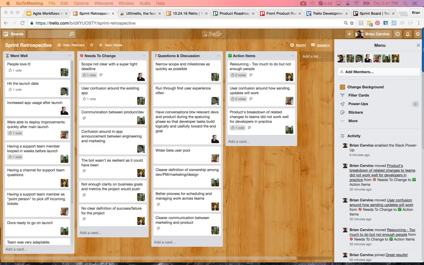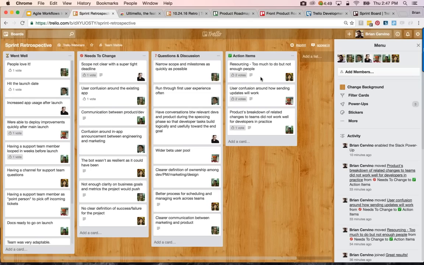And that might be something like, well, the product owner had no idea that they were doing things that were messing up the team. They need to know that. And then you can come up with ways that might help. Like, well, the lead engineer is going to help coach them on how to write more full requirements or whatever. We can pick a million different examples. But the important part here is that you want people to frame things in a really positive way and in a way that